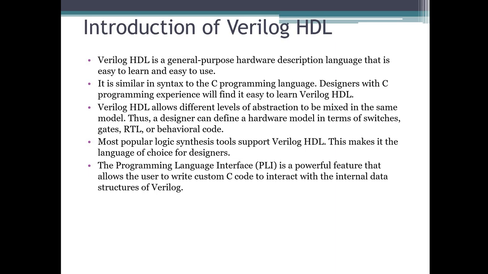So in Verilog, as I told you, there are levels of abstraction. A single design, if I take the example of an AND gate, can be modeled with the help of different modeling concepts. There are levels of abstraction by which you can model your code in different ways. You can code your design at different levels of abstraction, but they will perform the same functionality only. If you are writing for an AND gate, it is going to give the output according to the AND gate. Okay, so let's move further.